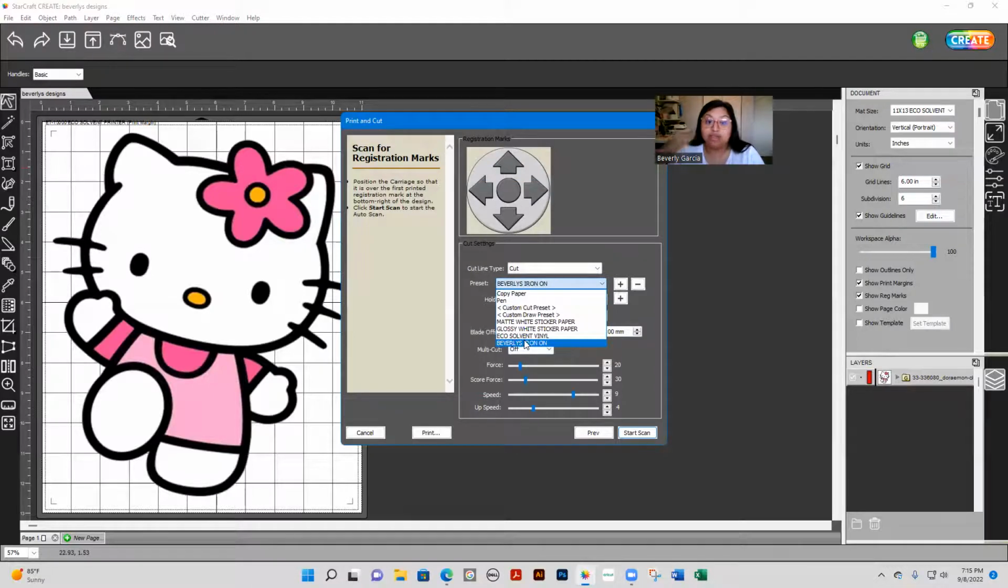And now you have it for every single time. Personally, I use my Echo Solvent vinyl setting, which I made. And I use the 19 force and speed at 10. Speed is just how fast your machine is cutting. I think we could keep it the same if you guys want to keep it at 10, but your force